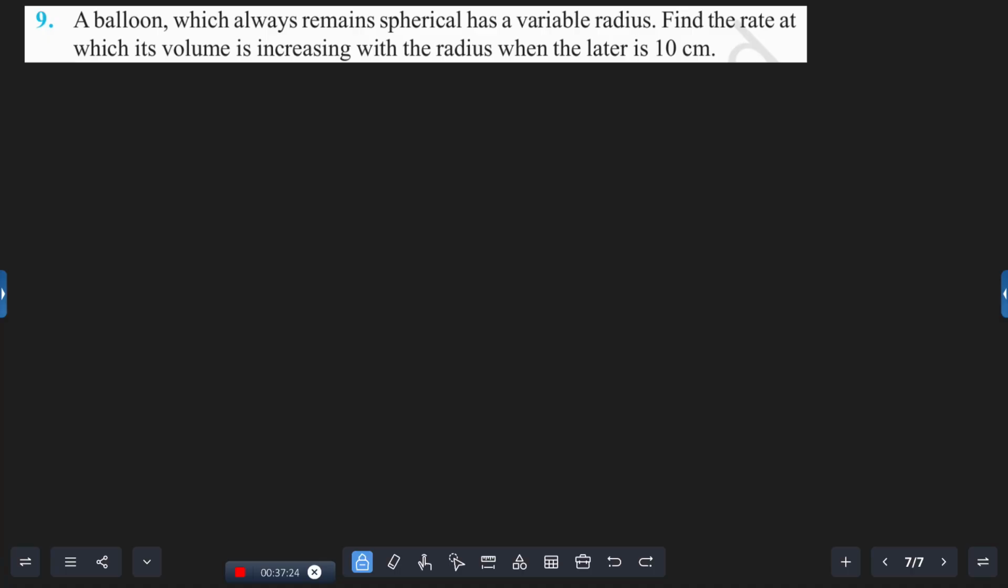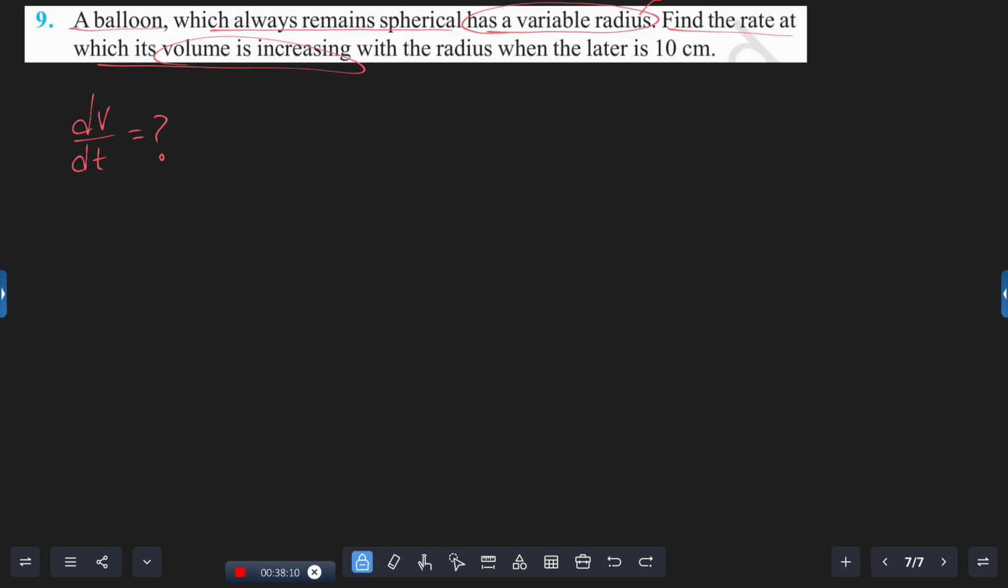For next, again it's a balloon sum. You people, can you try then? Or else I will give a formation I will find. So listen, it's a balloon. Balloon means sphere, which always remains spherical and has a variable radius. Find the rate at which volume is increasing. So we have to find dV divided by dt. Volume is increasing, what we have to find? dV by dt with its radius,